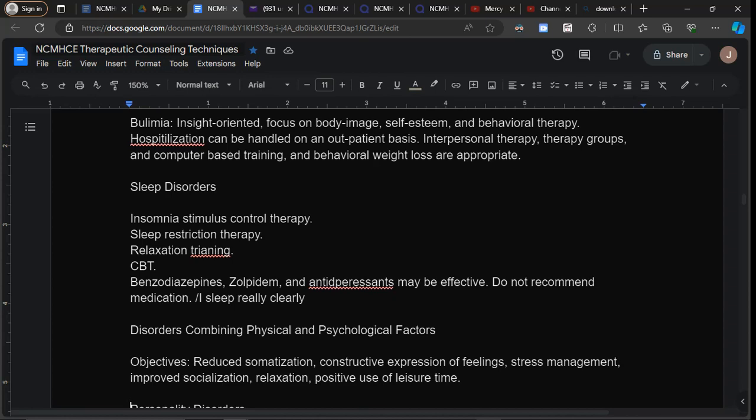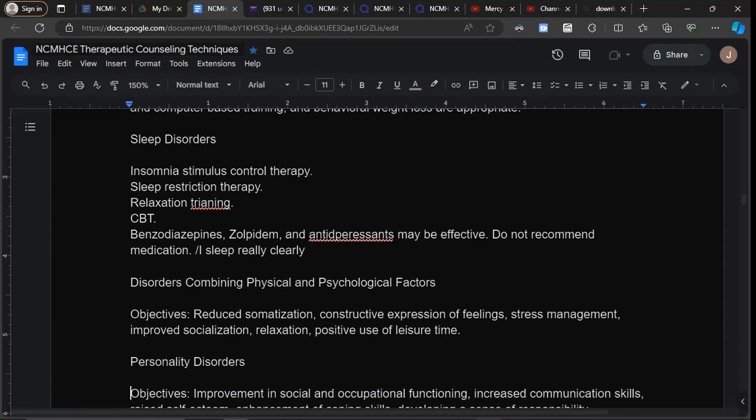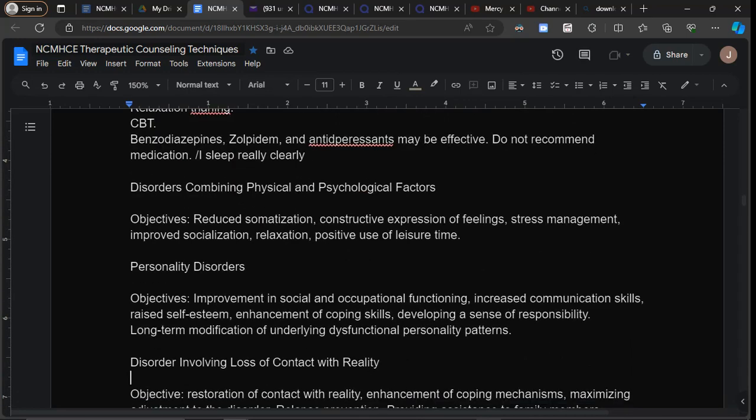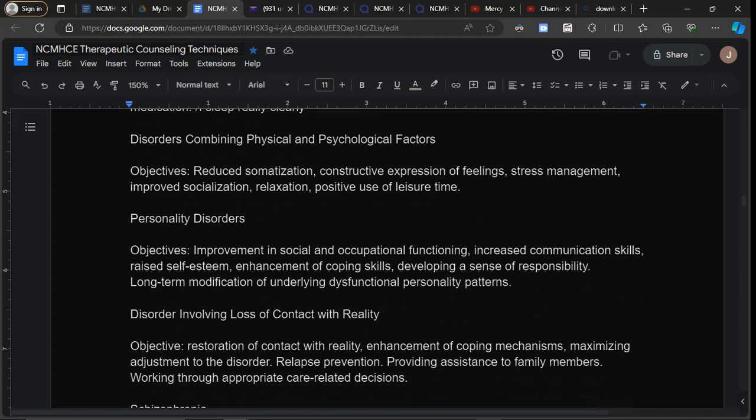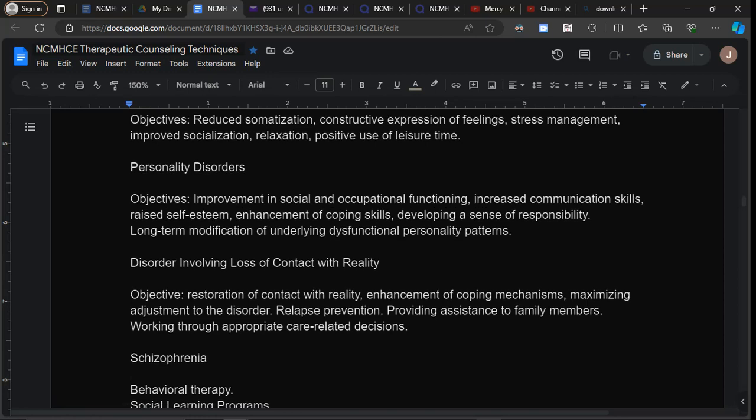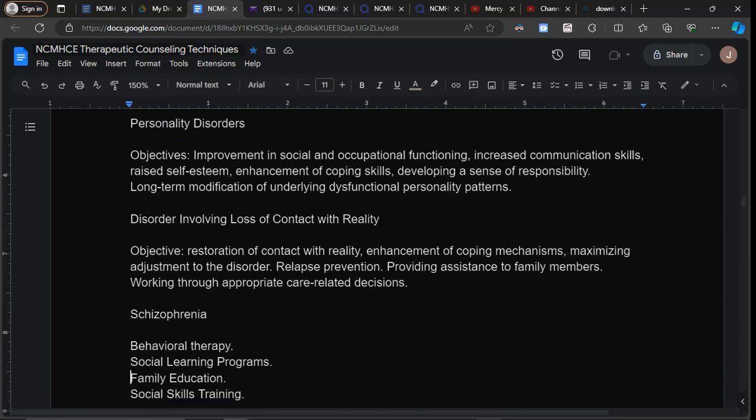Disorders combining physical and psychological features. Objectives: reduce somatization, constructive expression of feelings, stress management, improve socialization, relaxation, positive use of leisure time. Personality disorders, objectives: improvement in social and occupational functioning, increased communication skills, raised self-esteem, enhancement of coping skills, developing a sense of responsibility,